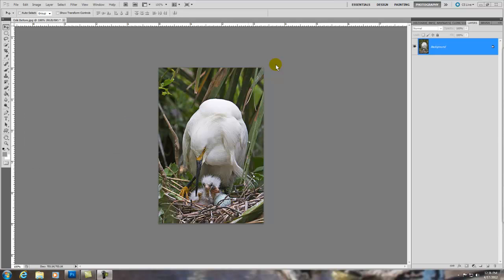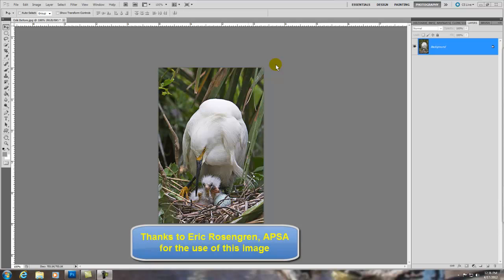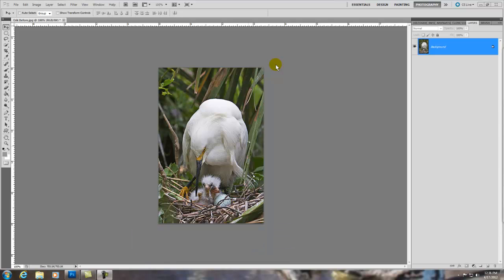Now, this particular picture here was furnished by a friend of mine, Eric Rosengren, a fellow photographer down in Clearwater, Florida, and he gave me permission to use this image because he had posted it one time on the Electronic Image Division Study Group website for commentary. And we see a lot of what is potentially distracting material in the background. And what I'm going to show you is one of the techniques that I use to create this edge darkening